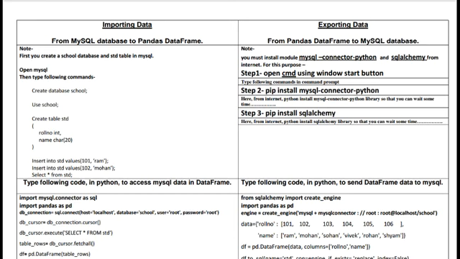We can also transfer the Python data frame to MySQL, and we can also perform MySQL table to data frame. So it saves a lot of time, and we can analyze and save so many things, because in the world only one application does not have complete features.